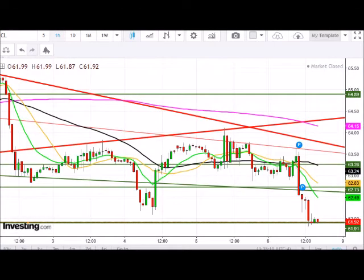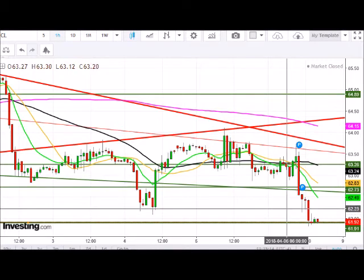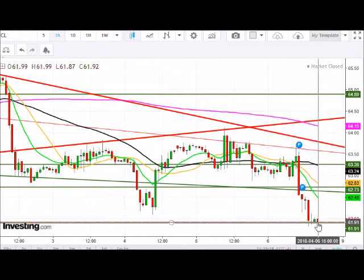Here's a look at crude oil on the hourly time frame to start things off. Now, we did end up closing the week at the lows. I do want to point out that, on the back of the dollar index being as weak as it is, and again, this is a pretty big support area as well, we should